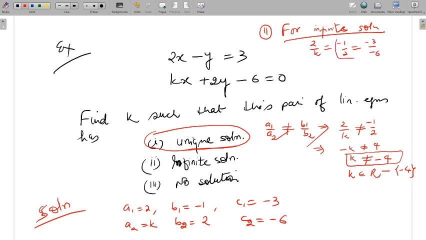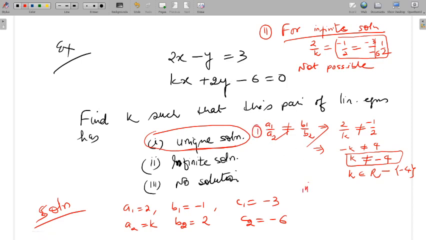But look here, can these two be equal ever? This is not possible, right? When this is minus half and this is plus half. So you will say it is simply not possible. It is not possible to have any value of k such that these two lines have infinite solutions or these two lines become identical. That is simply not possible. So this was your first part, this is second part.